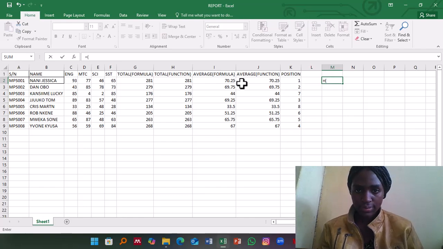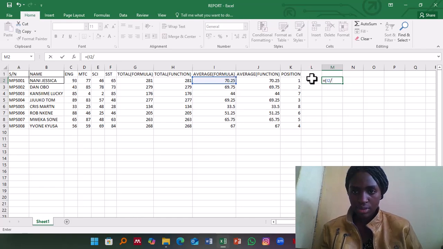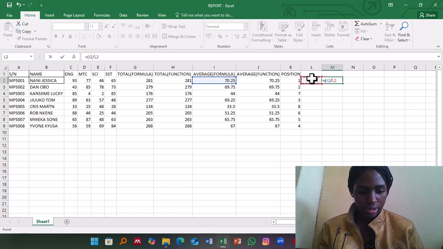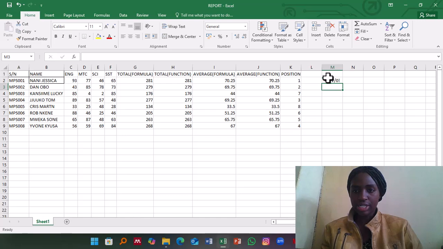Open brackets, this divided by this, shift close brackets, and the error is right here. This error,